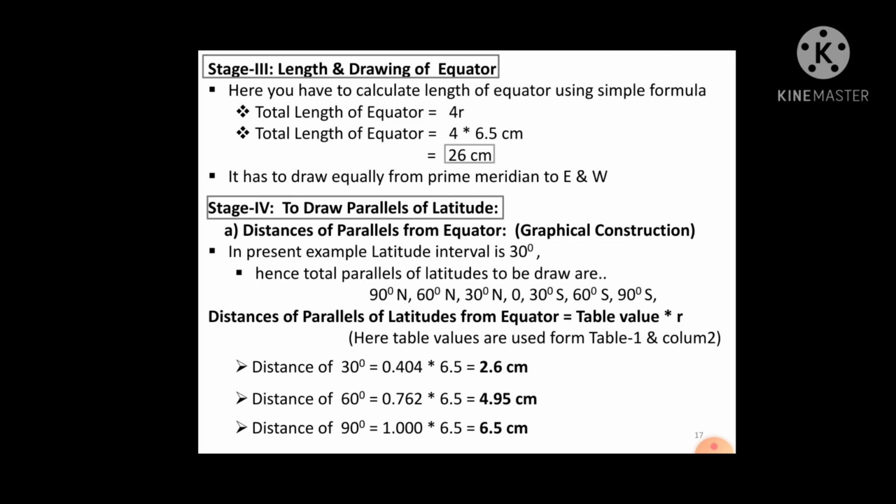So you have to find out the distances of these latitudes from the equator. For that, we know the formula. Here we are going to use the table value in the first stage. So the distance of the parallel of latitude from the equator is equal to table value multiplied by r. Here the table values are used from table 1 column 2 because I am going to use small r, right? So the distance of 30 degree from the equator is equal to